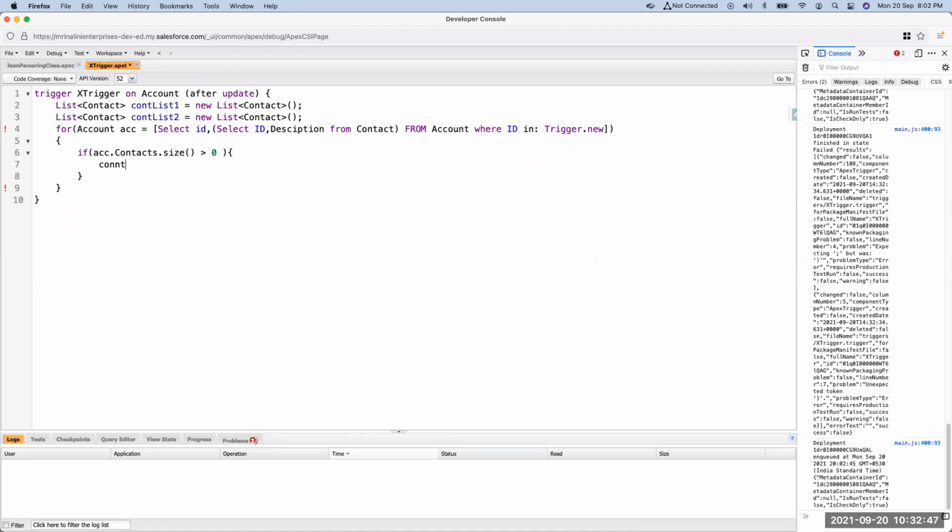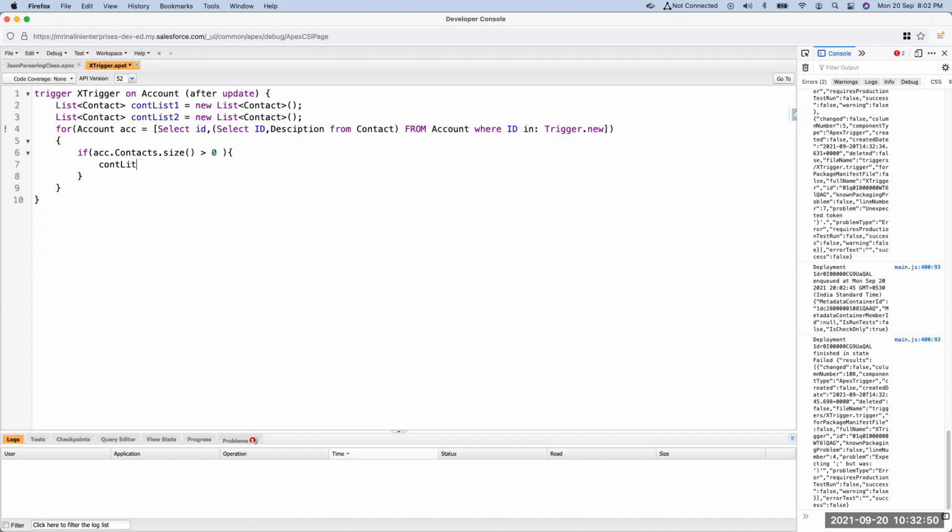Then what we can do, we can take our first list, contact list 1 dot add all account dot contacts. That's a simple piece of code. We are firing a query to get all the contacts from the account, and then checking the account has contacts. We're adding all the contacts to this contact list 1.